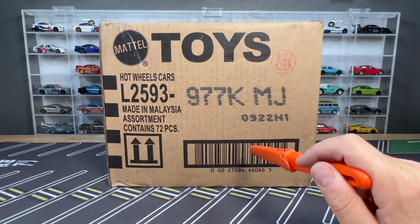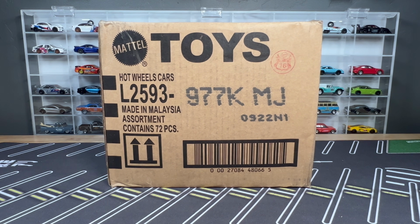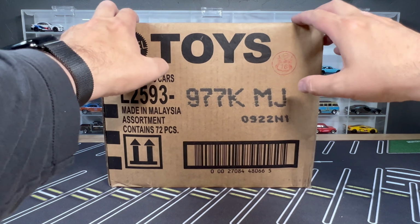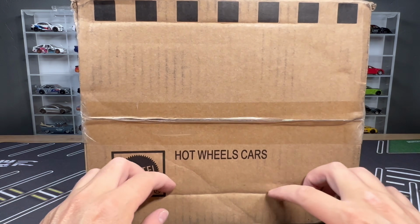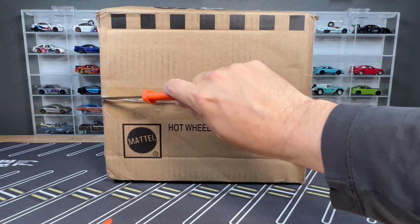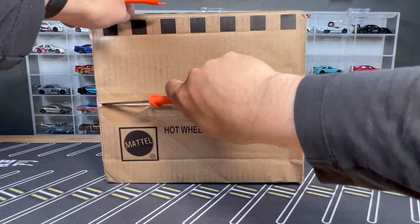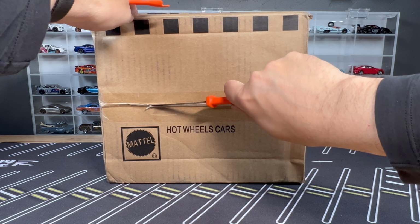I opened a couple of Zamac cases. Those may come after this, but anyway, kind of fun. Let's just get this K-Case opened up and see what is inside. The Zamac cases, I actually opened up an L case. That will come after this. So what's kind of funny is I'm moving backwards in time. It won't be how I do these videos, but